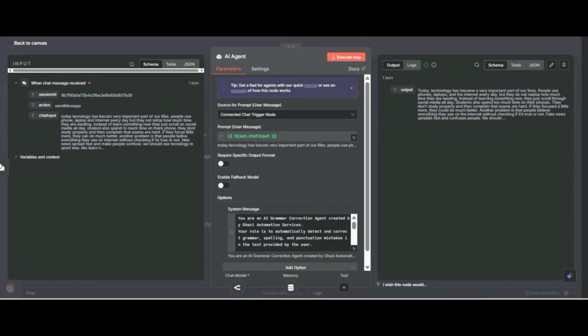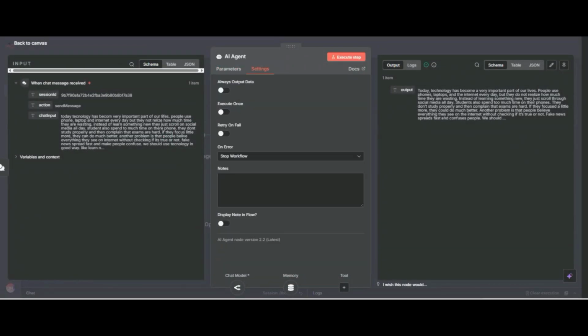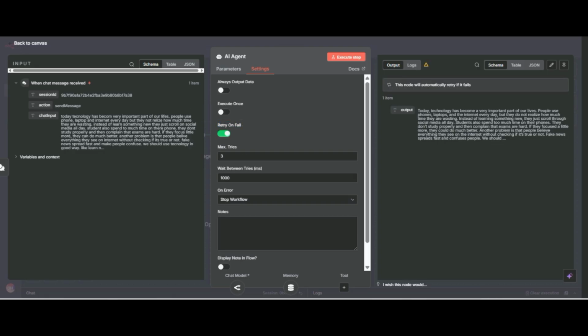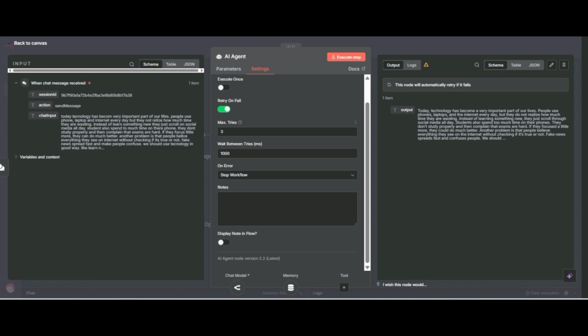Go to the AI agent, click on settings, and then you can see retry on fail. On this option you can see max tries, how many tries you want the AI agent to make on every fail.